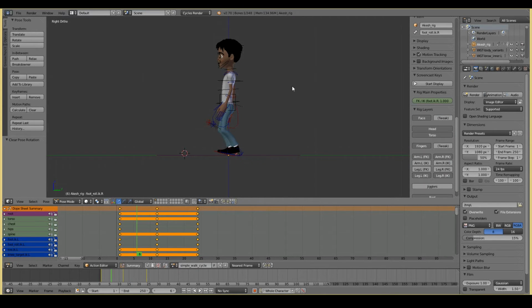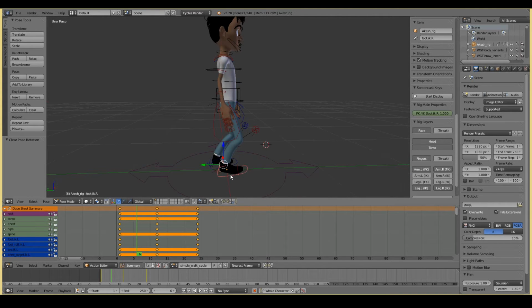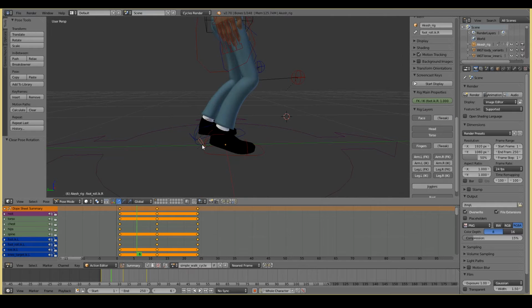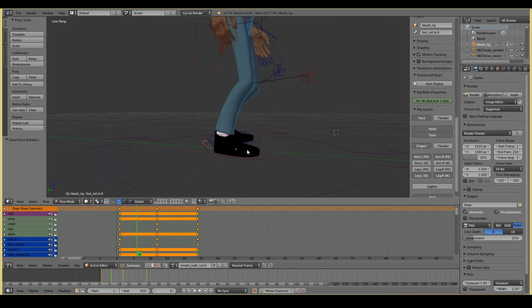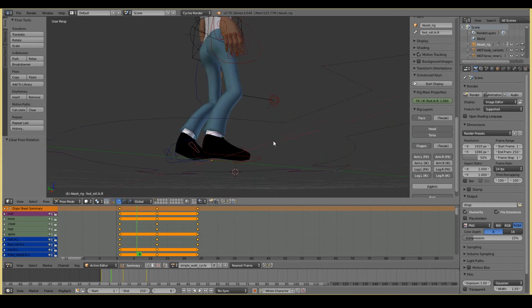So now we're up to the passing pose. So in the passing pose, the legs are pretty much in line with each other. So let's go ahead and create that pose. So the first thing you want to do is with the front leg, you want to get rid of all the rotations in the heel and the toe. So make sure it's flat on the ground.